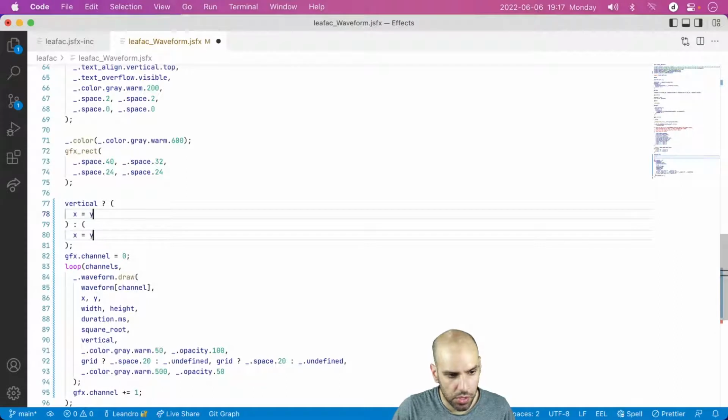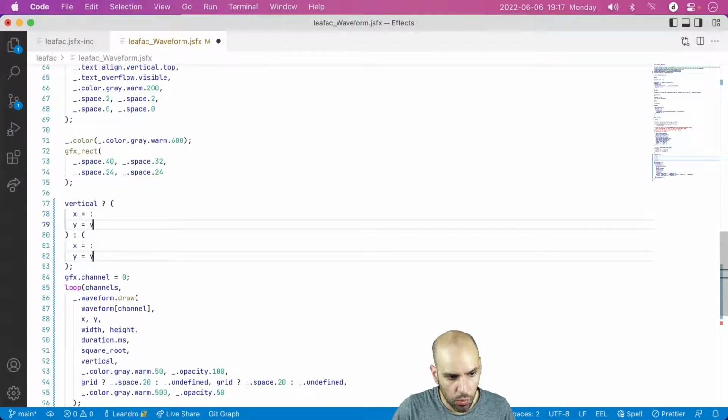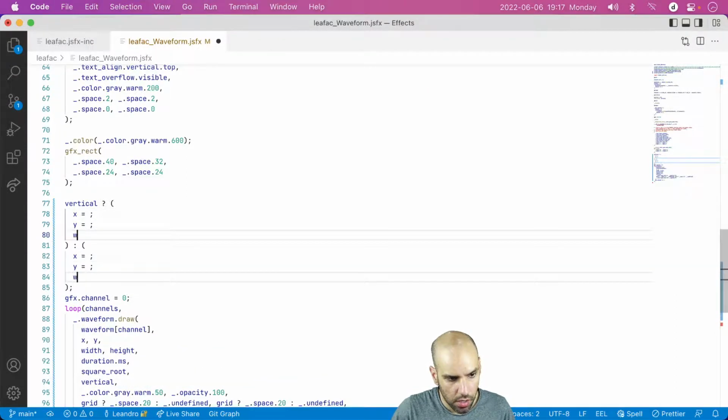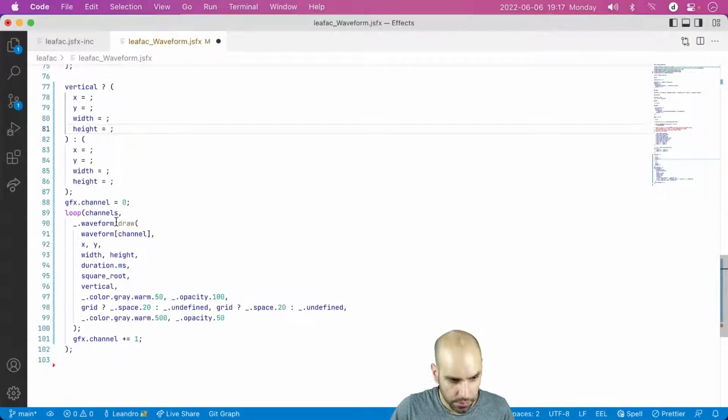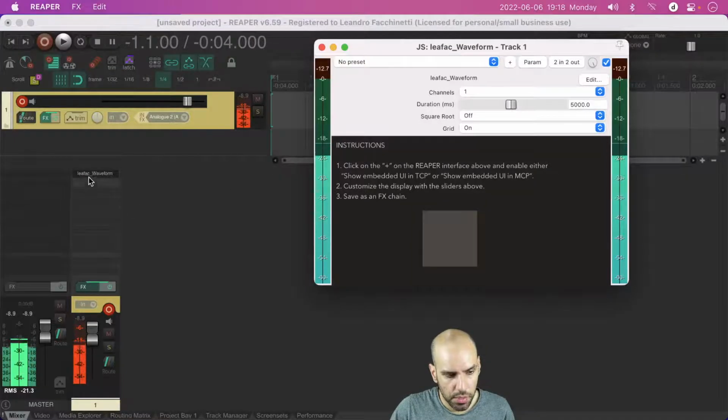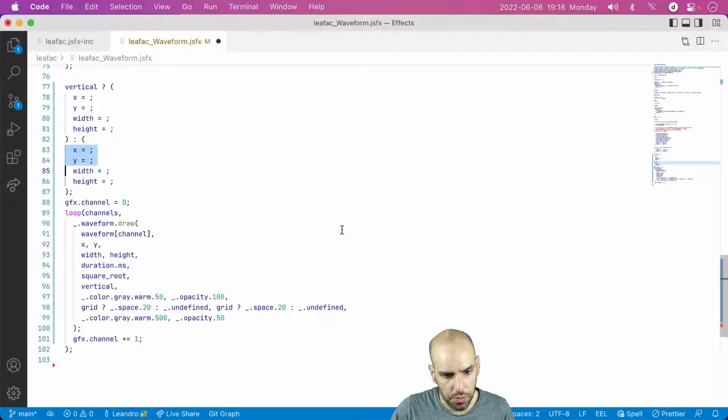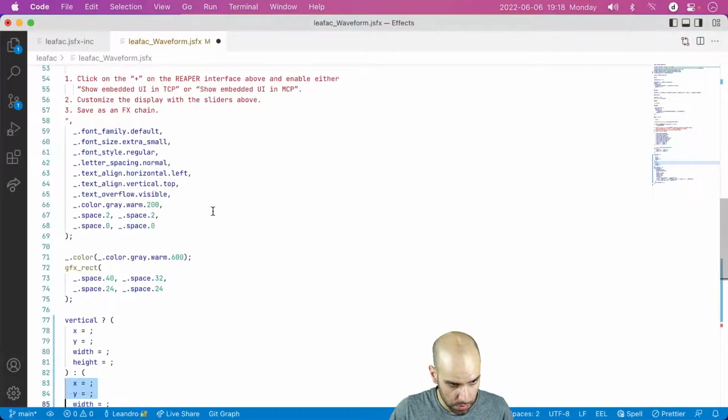I will need to initialize X, Y, width, and height. And the X and Y coordinates will need to be relative to the position of this box when I am in this mode. So,